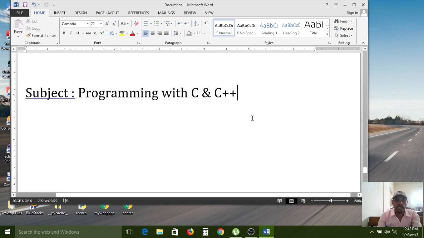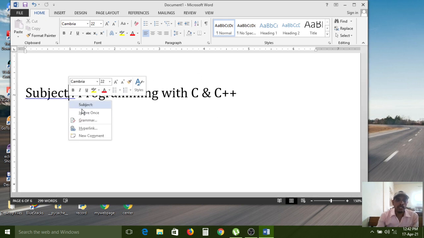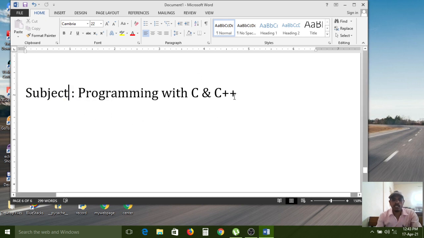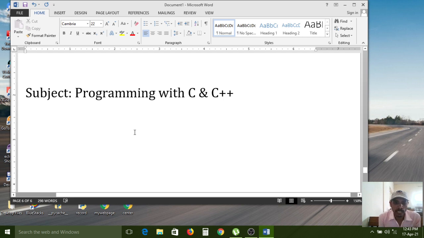Some people write C and C++, some write Programming with C, some write C language. That's not right. You have to write the complete subject name in the examination.